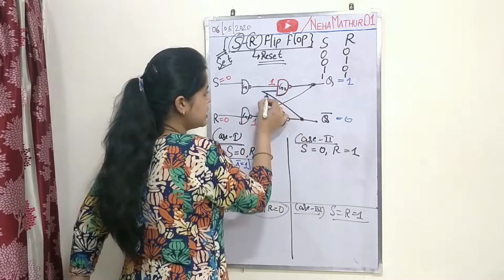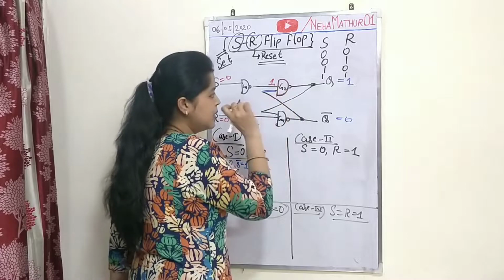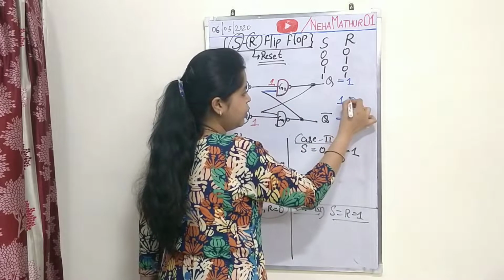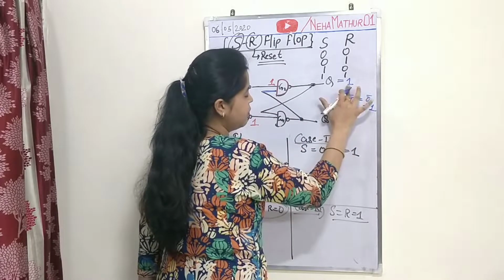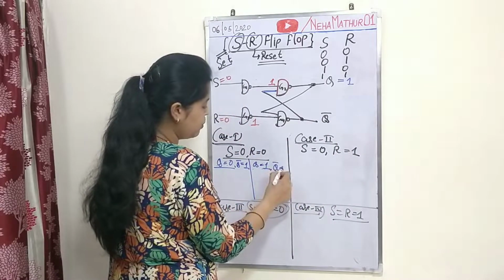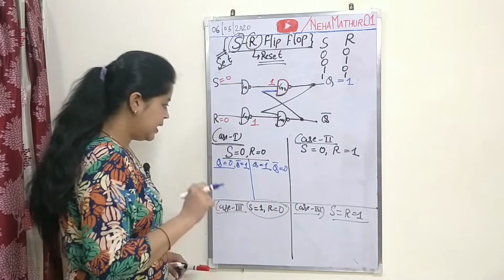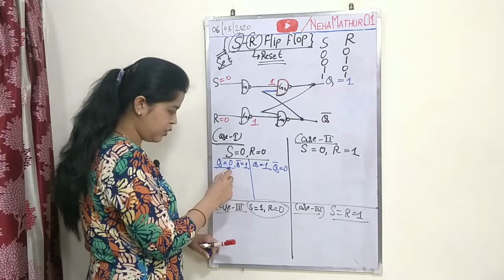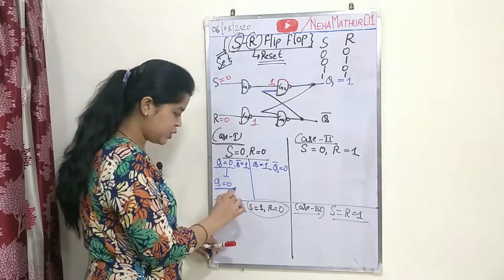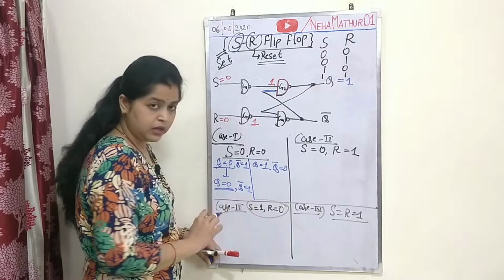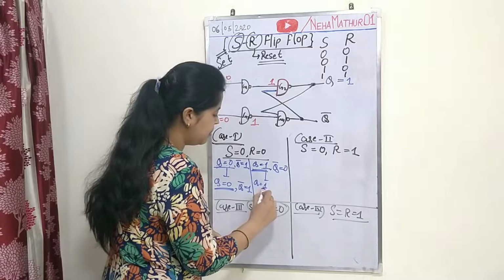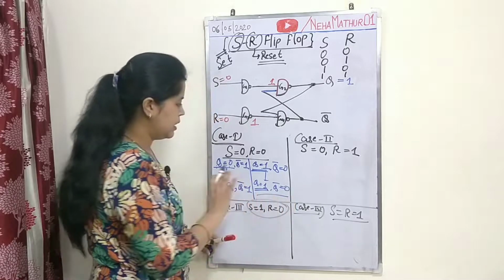Now this 0 is working as an input for G2. So G2 with first input 1 and second input 0, and it will be 0's complement, that means 1. So you can say that when Q is equal to 1, your Q bar will be 0. Now see, initially if you are assuming your Q is equal to 0, it will maintain its state by following Q is equal to 0 and Q bar is equal to 1. Similarly, if you are initially assuming Q is equal to 1, it will be maintained at the end of the working. This is the first case.